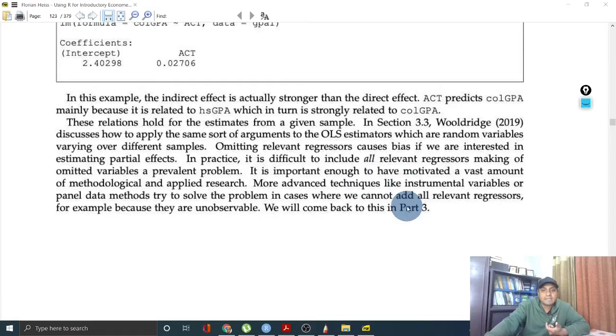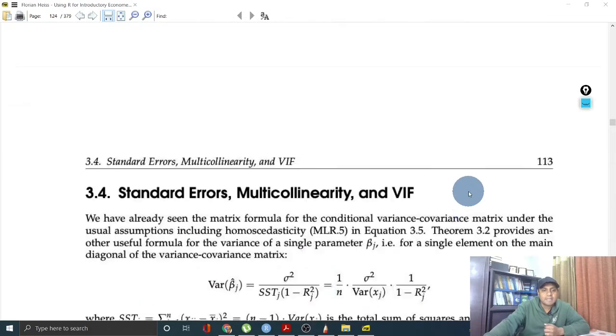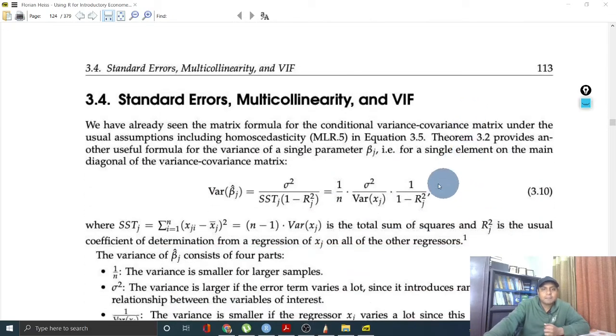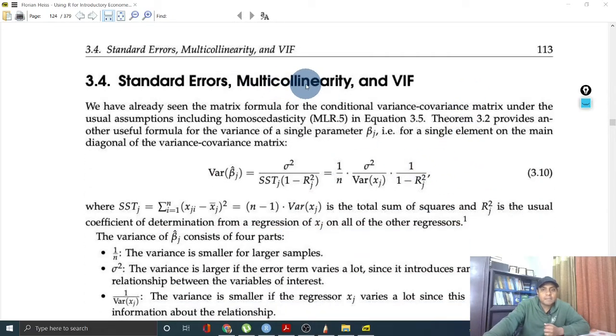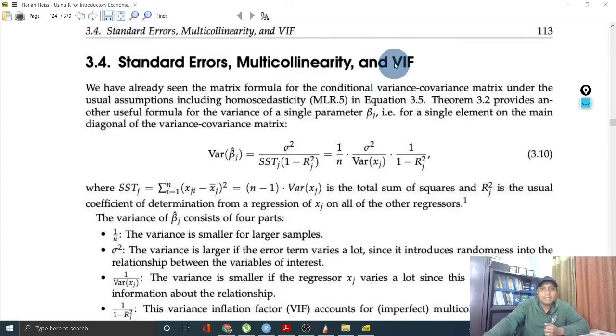Okay, more advanced techniques like instrumental variables. For instance, we said that if assumption 4, which means zero conditional mean, is violated, then there is an endogeneity problem, and you might find the instrumental variable is a handy way to solve the problem, and that's what it says. Okay, now the important one here is called the multicollinearity problem, and by looking at the